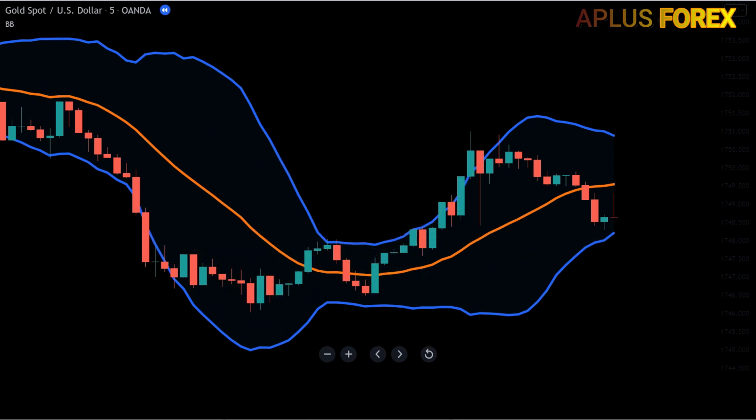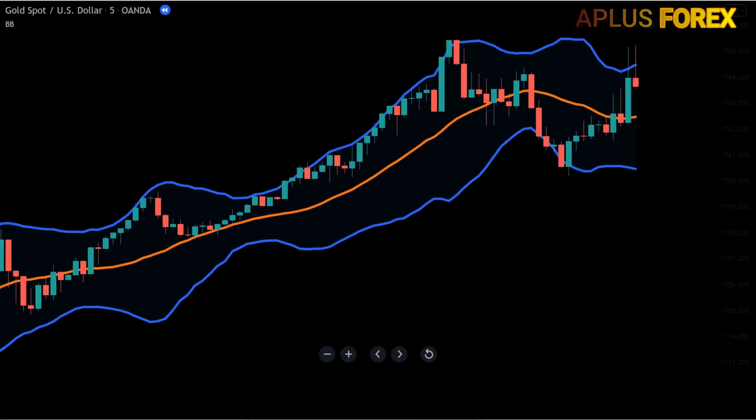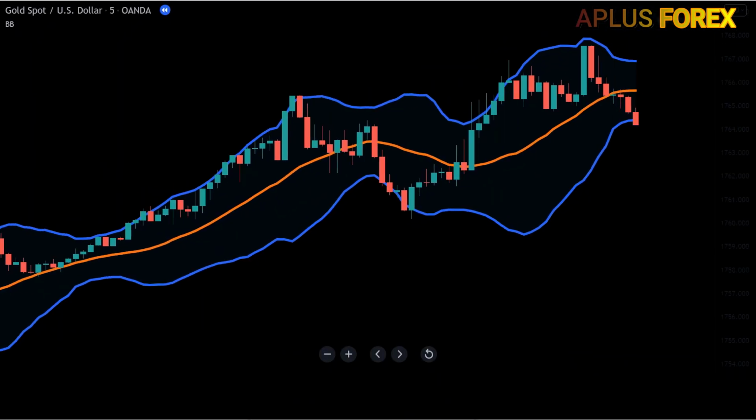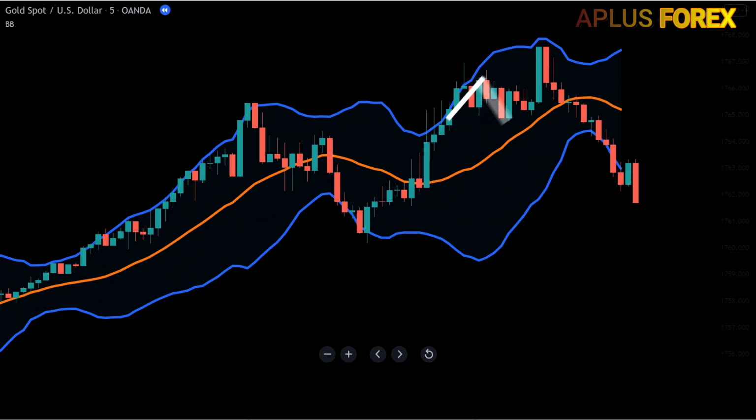The double top occurs when there is a reaction that moves close to or above the upper band. The price then pulls back towards the middle band or lower and creates a new swing high point, but does not close above the upper band. If the price then moves below the low of the prior pullback, the double top is in place and this suggests the price will likely go lower.